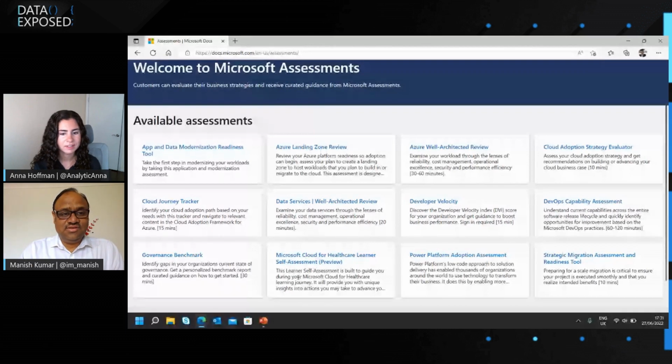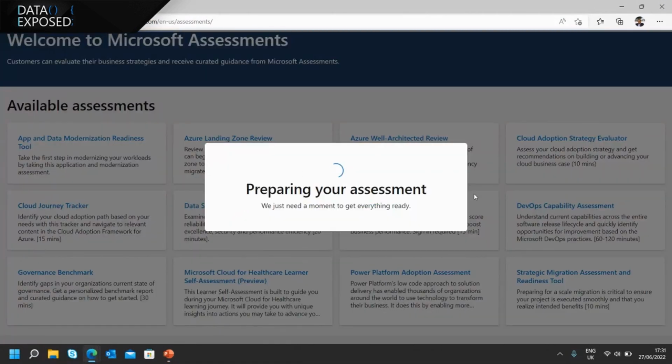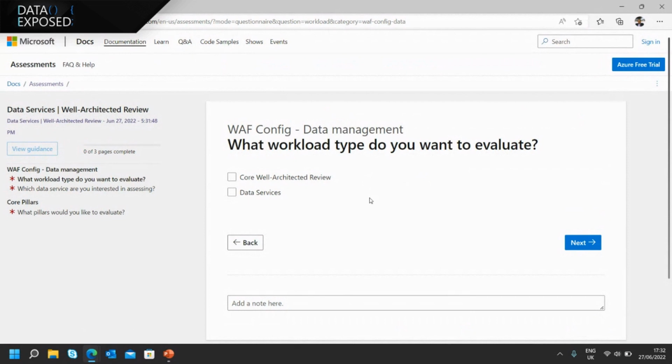Now on Microsoft's assessment page, you can see today I'm going to do a Microsoft assessment of the security pillar of Azure SQL DB. That falls under data service. It prepares an assessment and puts a name, a lovely name over here. You can always change it accordingly. Otherwise, this looks good enough for me. So I'll just go and see if these security considerations which we discussed are good enough. So I'll click on data service because Azure SQL DB falls there.